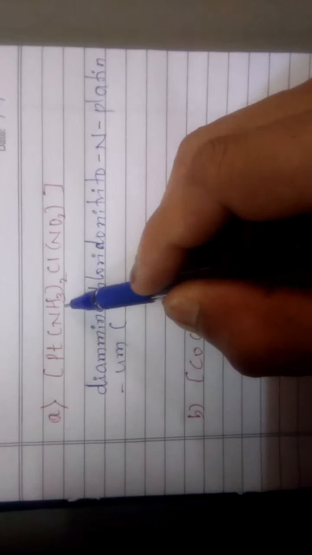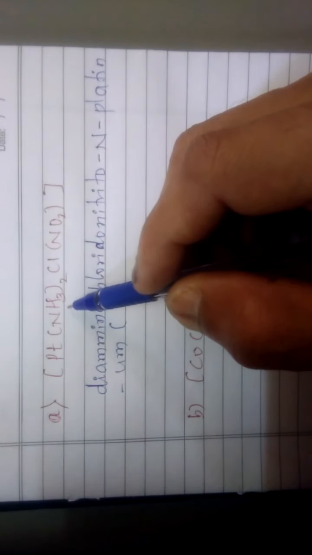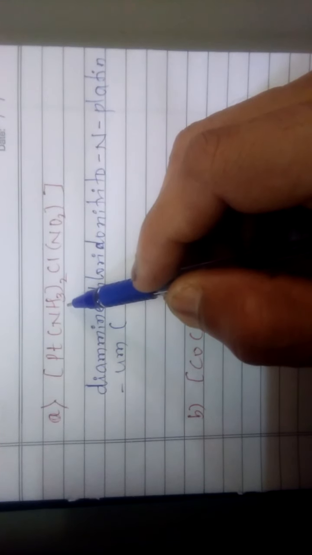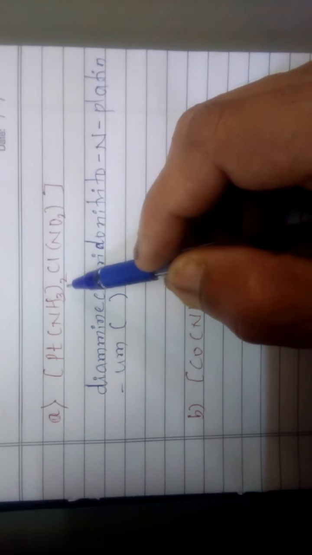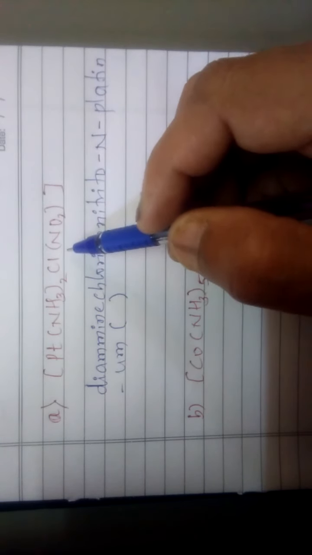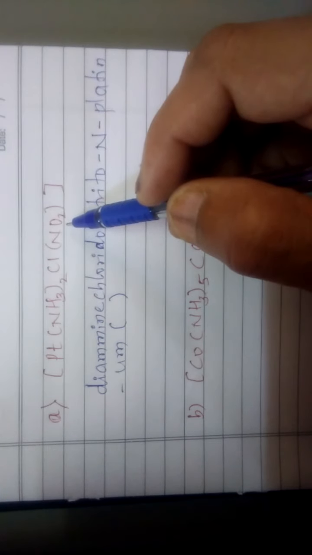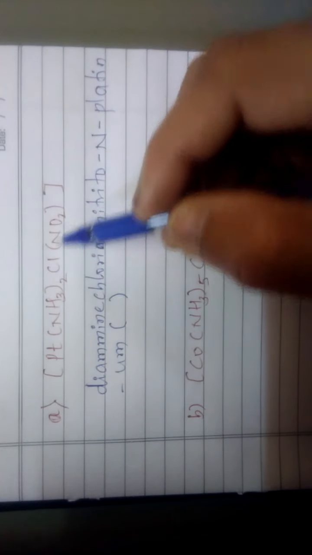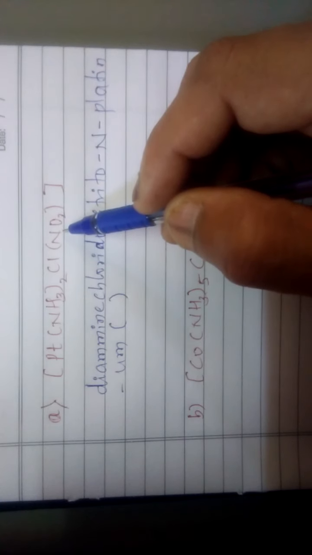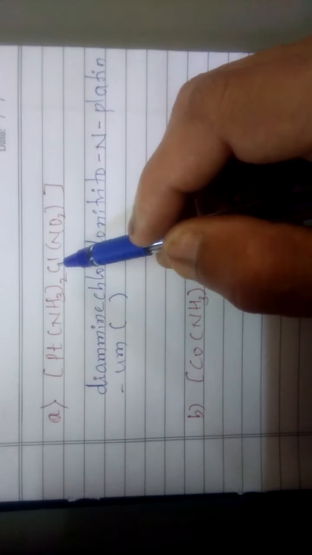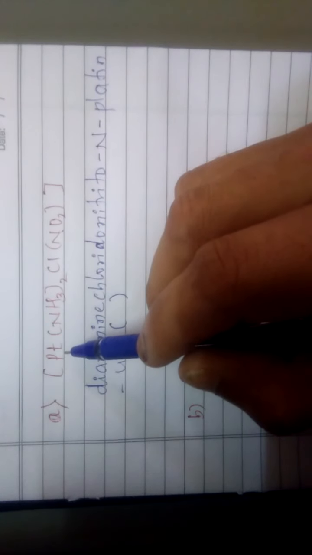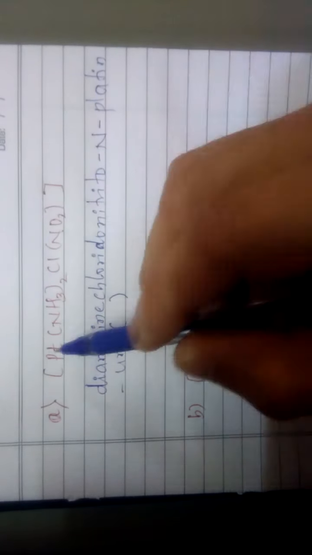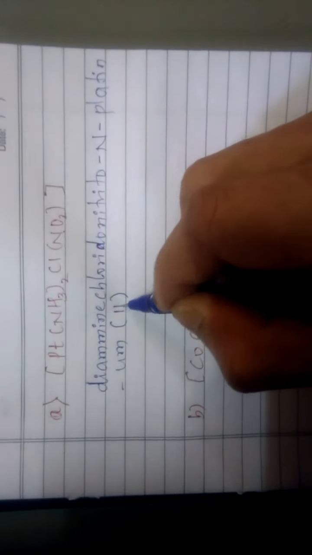Okay, look at this one, ammine or ammonia molecules, these are the neutral ligands, and you will get the 0 charge for this one. Chloride is -1, and this is the nitro compound, NO2 minus. So here two negative charges are there because of the presence of nitro group as well as the chloride group. Ultimately, platinum should possess the +2 charge to have the neutral complex. So the charge on platinum is 2.